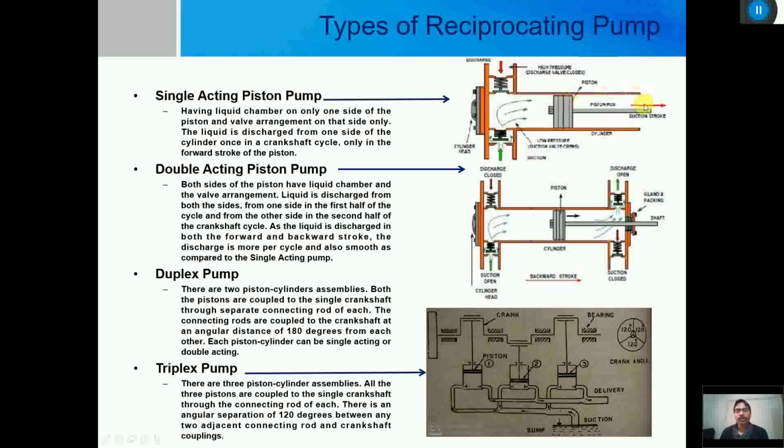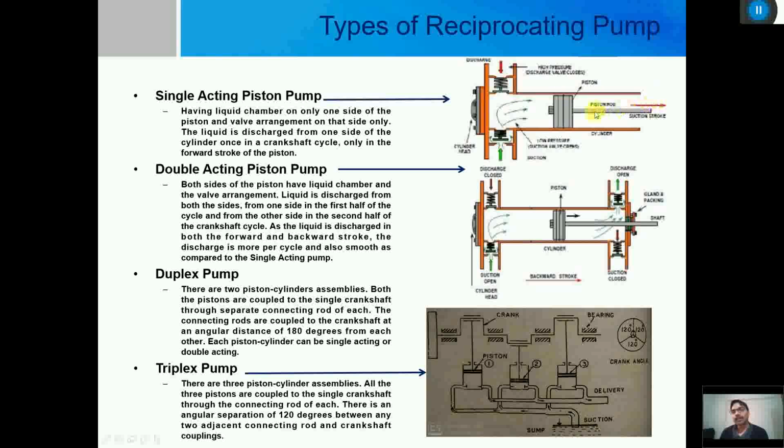When this is moving in the positive x direction, a vacuum, meaning negative pressure, gets created, and because of the negative pressure, the suction valve is lifted up. So the water or liquid is sucked inside the cylinder, and at that moment the delivery valve remains closed,